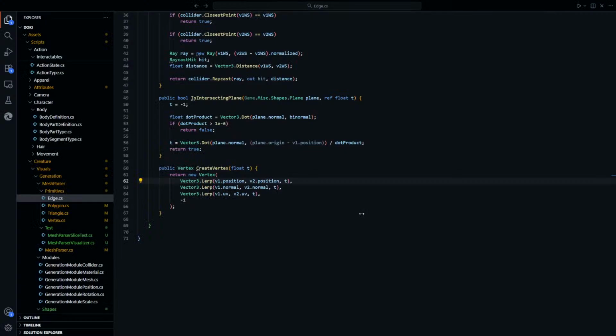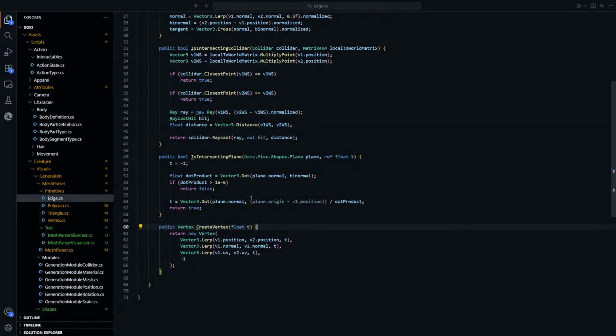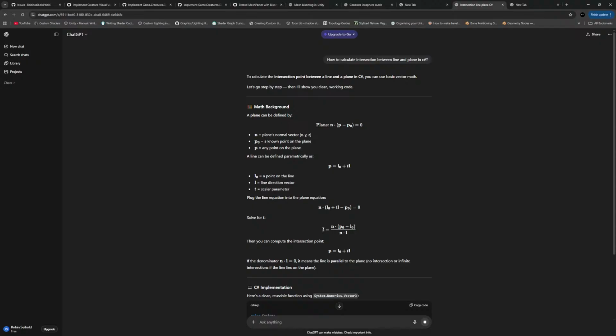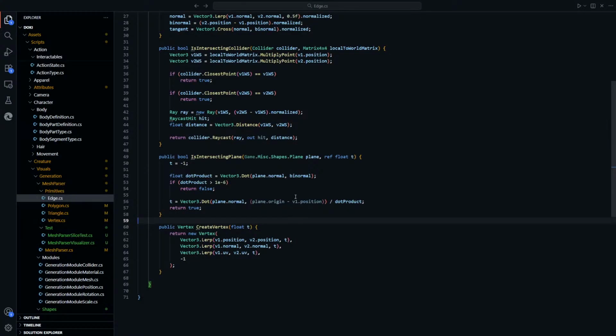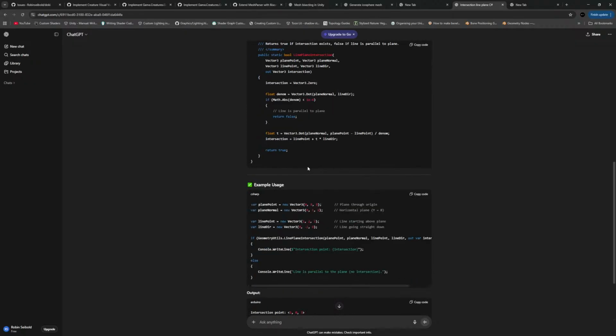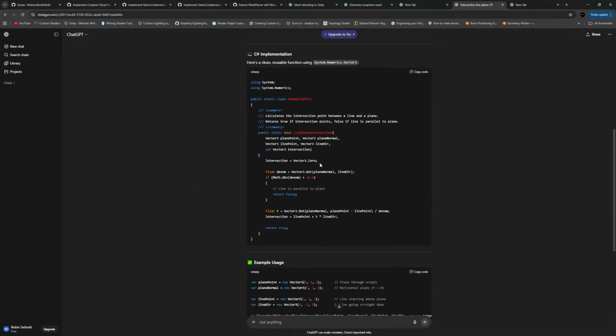Pretty sure we have it here. I'm wondering what I'm doing wrong. Solve for t. P0 here. So I flip in these, but I don't know. Dot plane normal